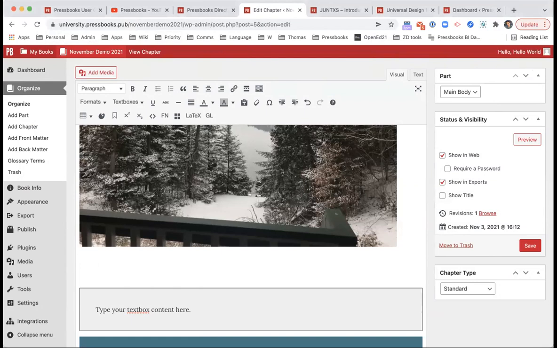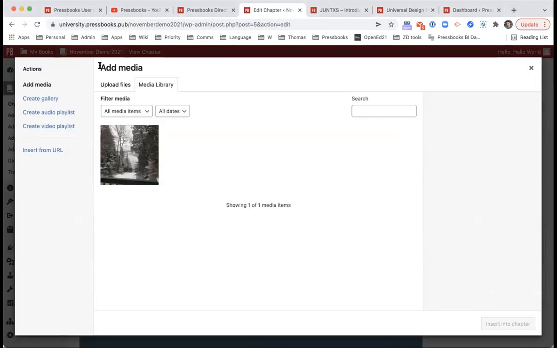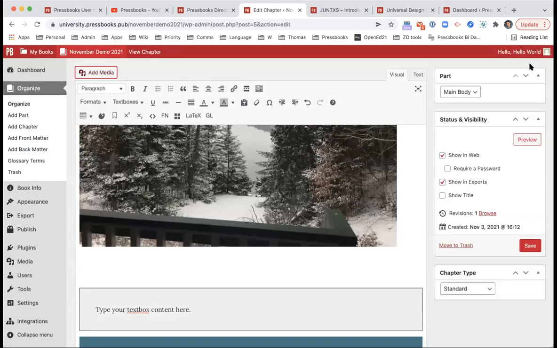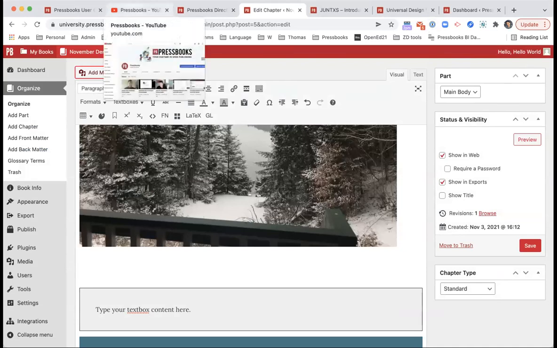Pressbooks has a limit on the media library upload capacity of 25 megabytes. The reason for that is for security purposes, and also because Pressbooks is not intended to be a sort of media library hub. It's meant for content. So you shouldn't hypothetically have to upload, not that images ever really exceed 25 megabytes, but we ask that if you are using something bigger, a more efficient way would be to upload your video onto YouTube and pull it